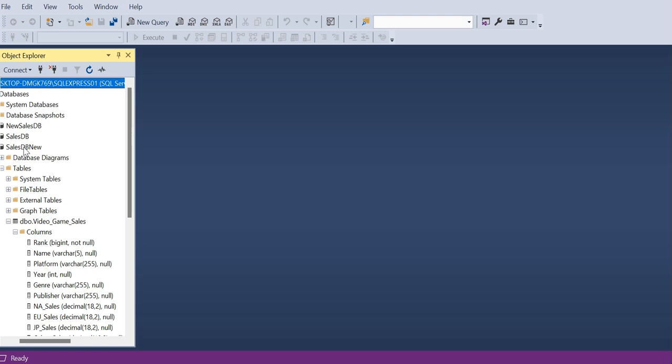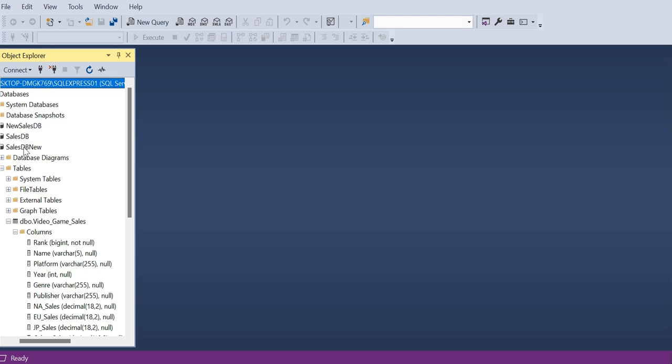Now I recognize that you may not have your own SQL Server instance. However, direct query can be used to pull data into Power BI from a variety of different sources.